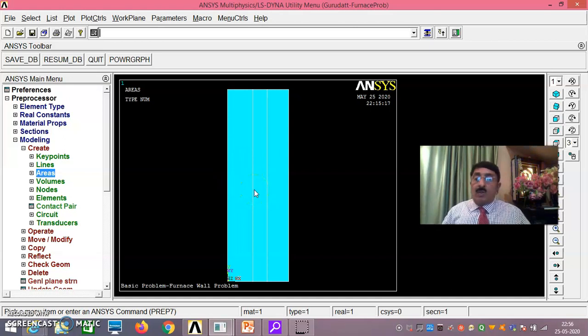Three rectangles, as you know: this rectangle is 0.135 by 1 meter, this is 0.075 by 1 meter, and this is 0.115 by 1 meter. That means there are three materials, and here it is the furnace where you have 870 degrees centigrade.